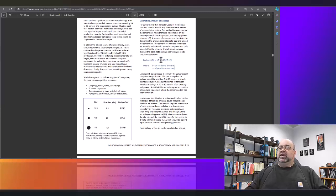But in any case, to figure out what the leakage looks like, there's a couple of ways of doing it. This one here is a system where you have all of your equipment turned off, all of the loads basically for the compressed air system. You do this during an outage, or if you're only working 5 days a week, on the weekend, something along those lines. You run it, you see how long it takes to cycle, so on-time load, off-time load, things like that. And then they have a little calculation for figuring out what that is. Another way of doing it